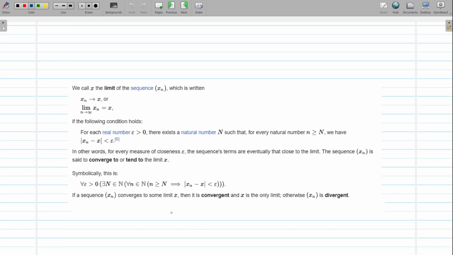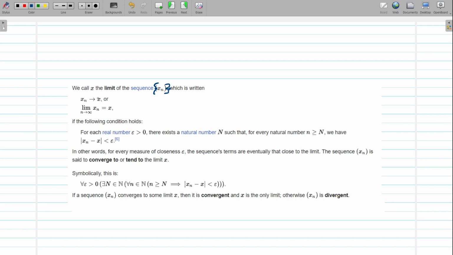Now I'm going to make sure that I explain this very long and scary definition to you in a very simple manner, right? The first part here is saying, we call x the limit of the sequence x sub n. Remember that the notation we've adopted here is the curly braces, but this is basically the same thing, right? So we call x the limit of the sequence x sub n, which is written,